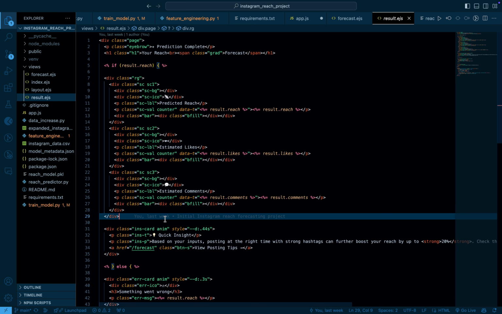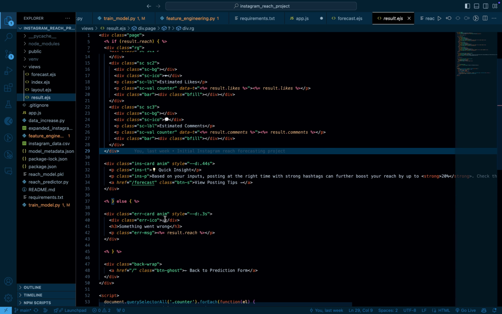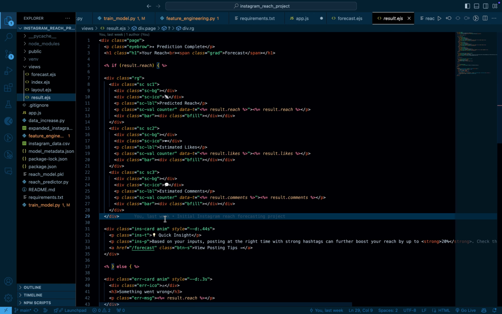Result.ejs is the prediction output page. The result.ejs file displays the machine learning prediction results returned by the backend, like predicted